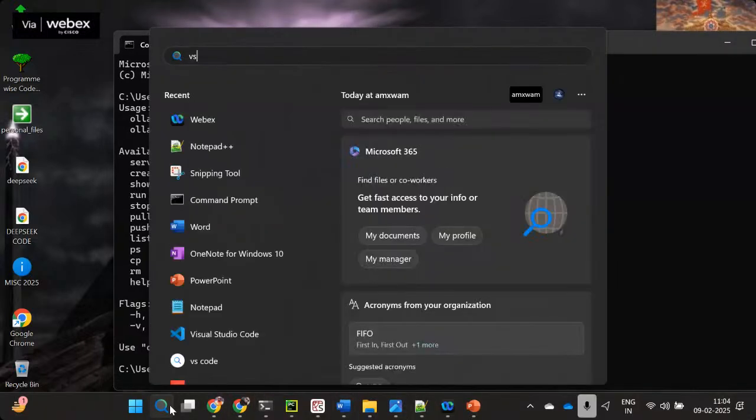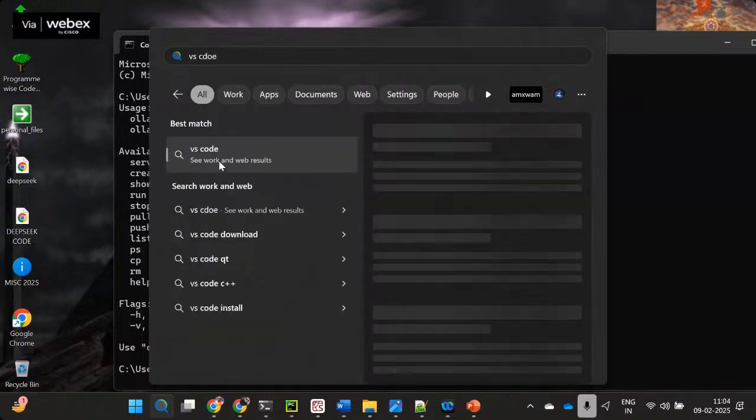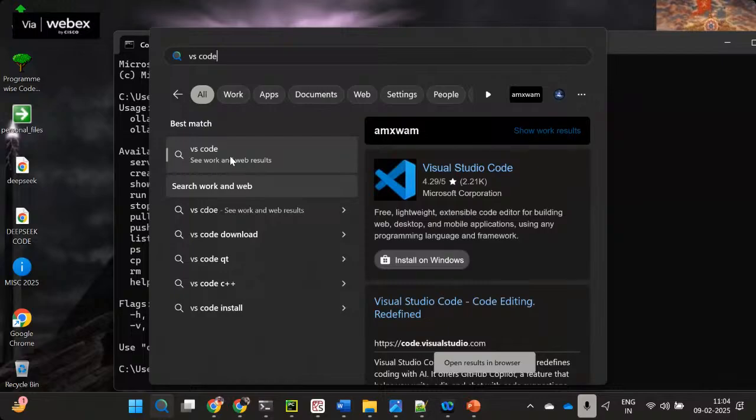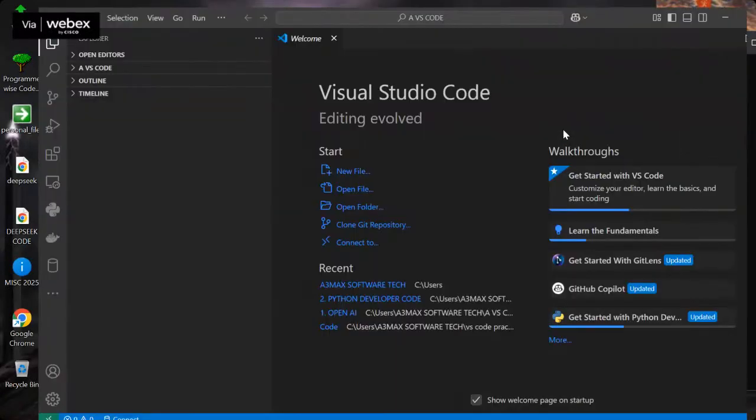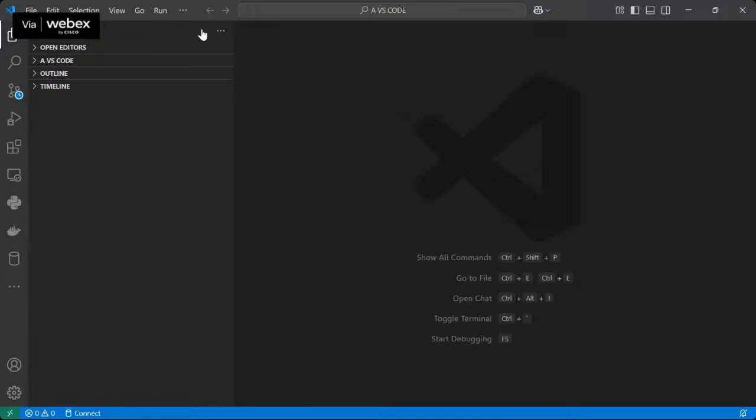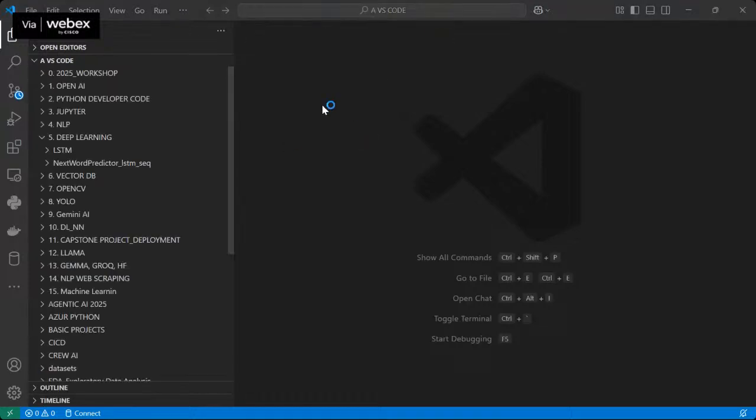In the meantime, just go to VS Code. You can open VS Code and log into Visual Studio Code. If you are new and have not installed it, no problem. In VS Code you can close this. The session is going on live, so no problem. I will share this live link. You can watch it and work with me later as well. For the rest of us, I have to complete this project today.